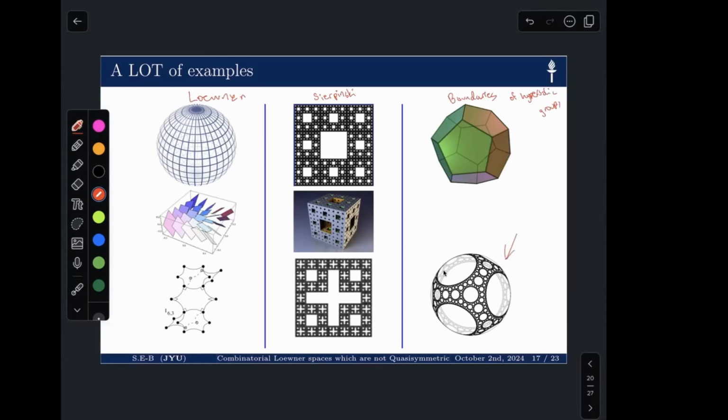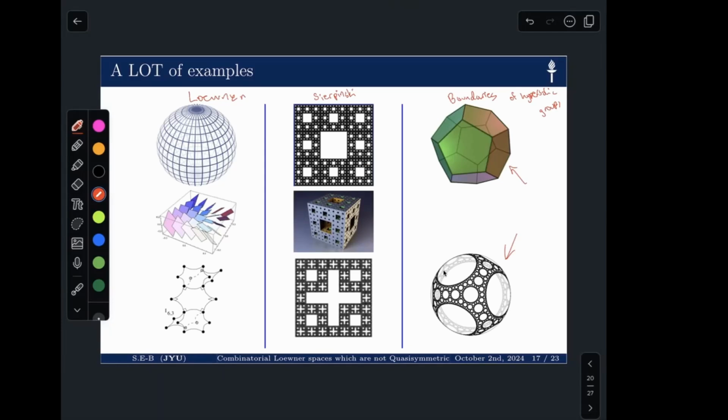For example, this boundary comes from a truncated tetrahedra reflection group in hyperbolic 3-space. The limit set of this group, which is depicted in the image, is homeomorphic to a carpet. We don't know whether this one attains its conformal dimension, but we do know that it's CLP by the work of Bourdon and Kleiner. And what's depicted here above is a standard dodecahedron, but in hyperbolic space, one can construct a right-angled dodecahedron, and using this right-angled dodecahedron, one can build